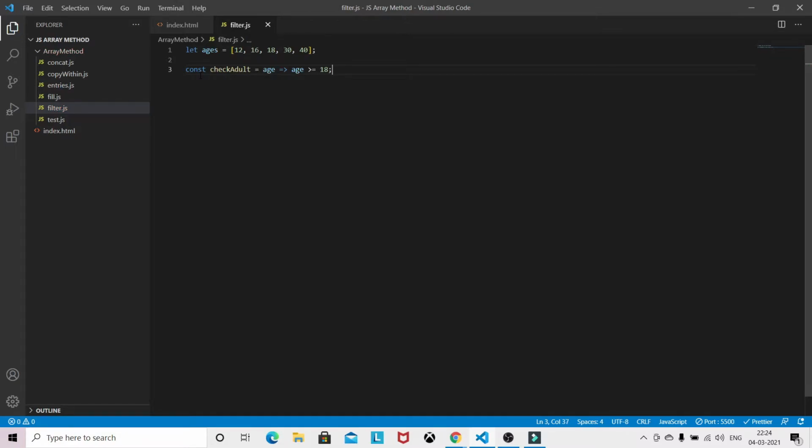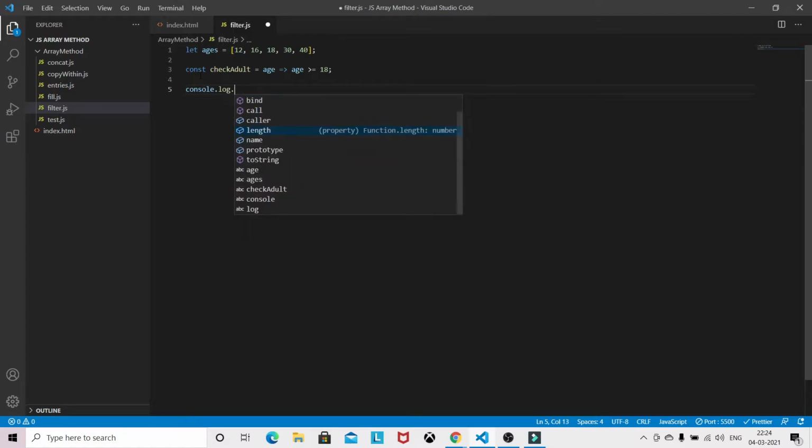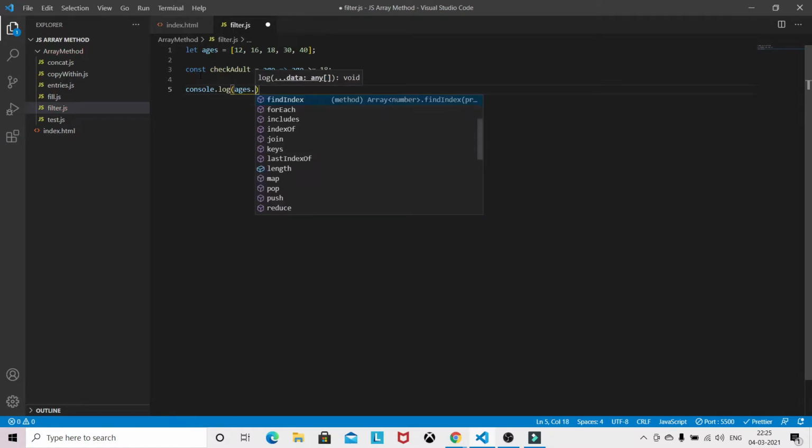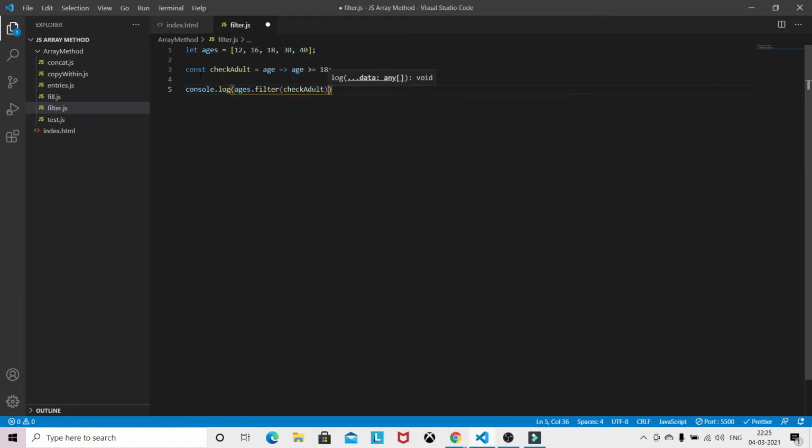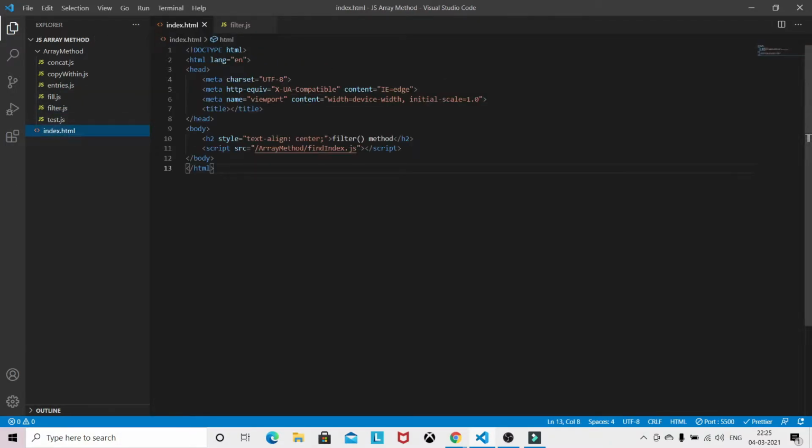Now we will console log: age.filter, and we will pass this function checkAdult. Now in index.html, we will update the file name here, so it will be filter.